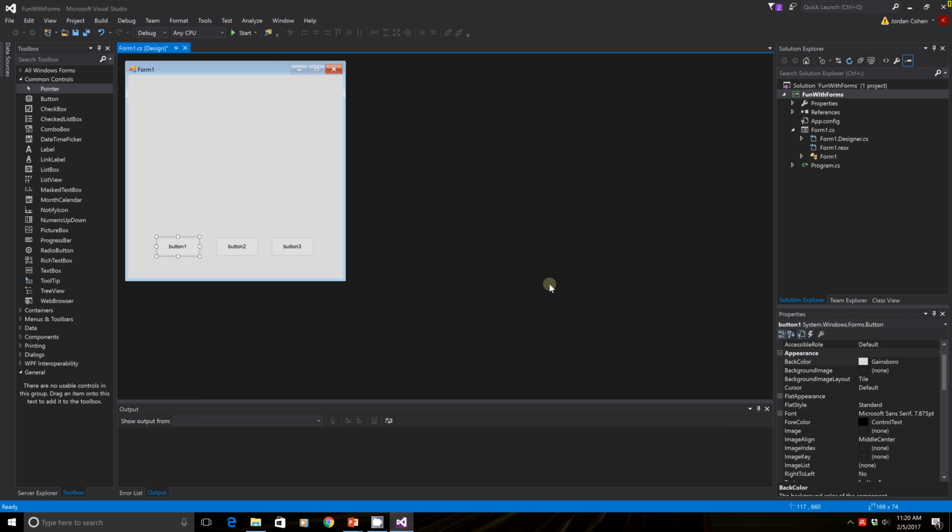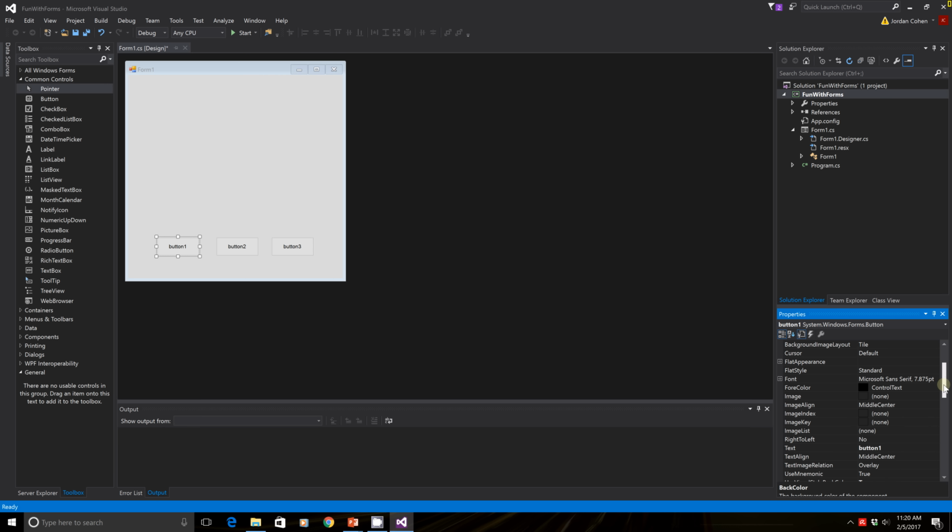So what I'm going to do is I'm going to click on it. Once it's selected, I can go down here to the Properties window, and there's one property here called Text. I do not want it to say button 1, I want it to say A. However, that's kind of small, especially because I'm just putting one letter, so let's make it a little bit bigger. You can see that font is one of the properties, and it has a little plus box next to it. If I click that plus box, it expands, and now we have the ability to change all sorts of things